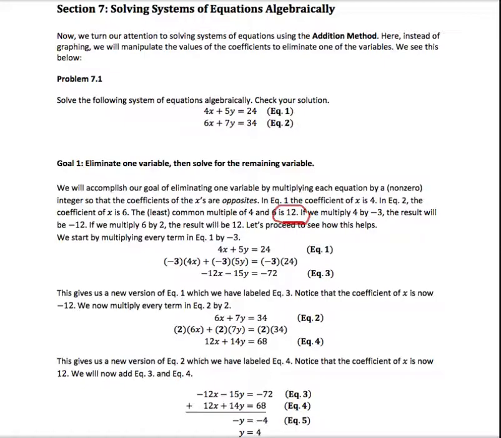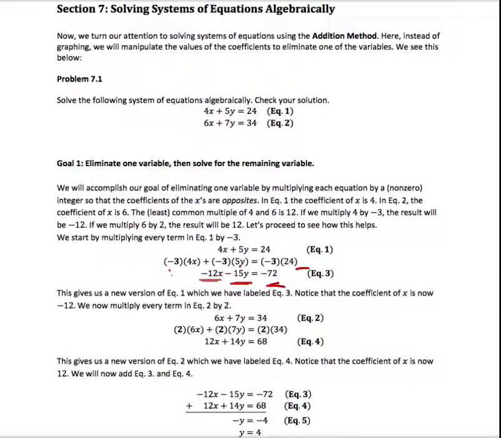For the first equation, we would like to make the coefficient negative 12. And in the second one, we will make it positive 12 so that they will cancel out. So we take the first equation and multiply by negative 3, so that negative 3 times 4x will be negative 12x, negative 3 times 5y will be negative 15y, and on the right side, negative 3 times 24 will be